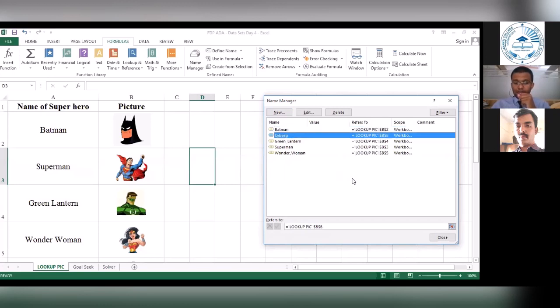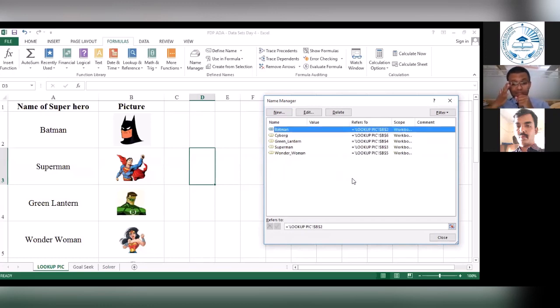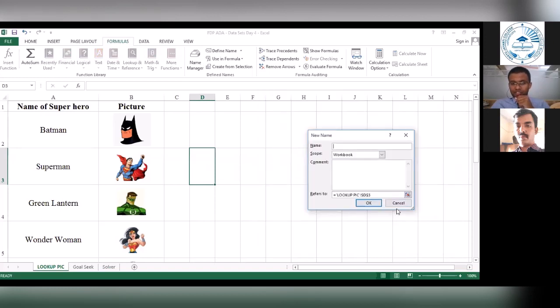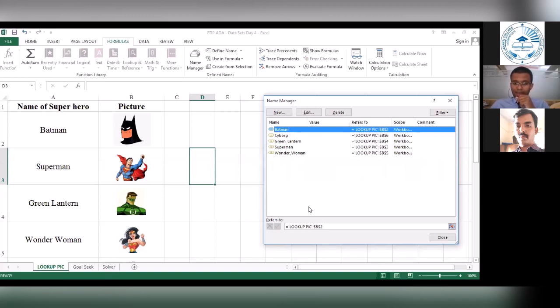Based on the data that I had already selected, Excel understood that I'm dealing with data, and Excel has created names for each of my pictures. Ideally, what I should have done is gone to Name Manager, clicked on the New option, and done this manually for all my data entries. This was what we had learned as a part of the first day. I should have done this manually, but now I automated the entire process.